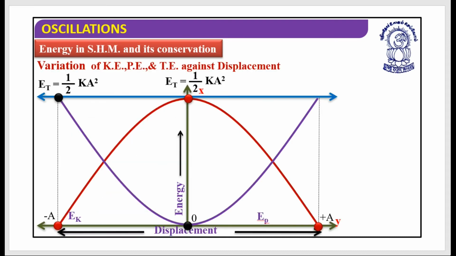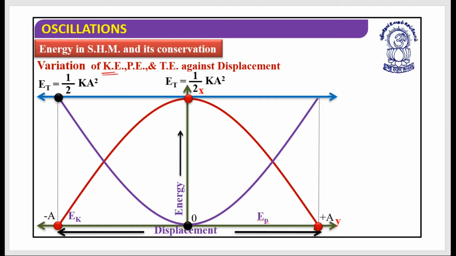Is it clear? So if we plot the graph, this is a very beautiful graph. You can see that it contains a large amount of information within it. Let's have a look. What does it have?